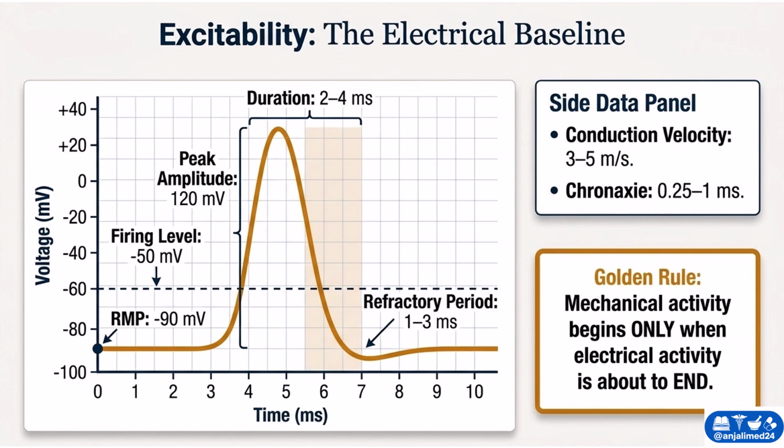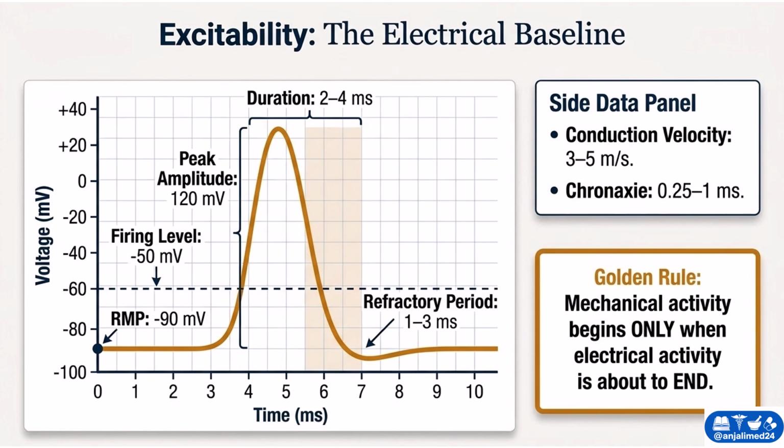When a stimulus reaches the threshold, also called the firing level, a rapid depolarization occurs due to the sodium influx into the cell. The membrane potential rises sharply, reaching a peak amplitude of about 120 millivolts. Next comes the repolarization, mainly caused by potassium efflux. The entire action potential lasts approximately 2 to 4 milliseconds. After this, the muscle enters a refractory period lasting about 1 to 3 milliseconds, during which another action potential cannot